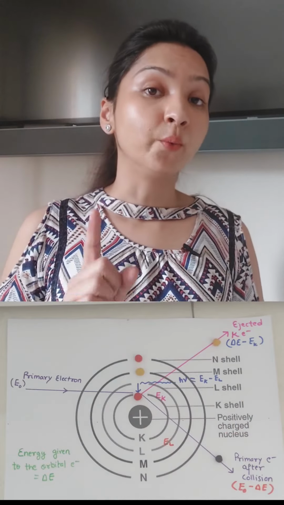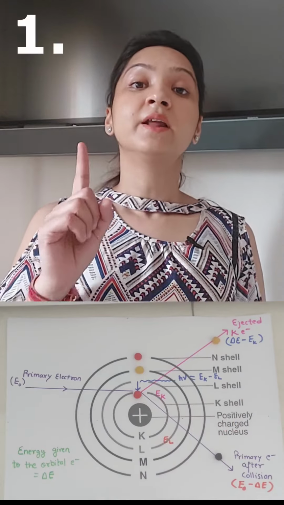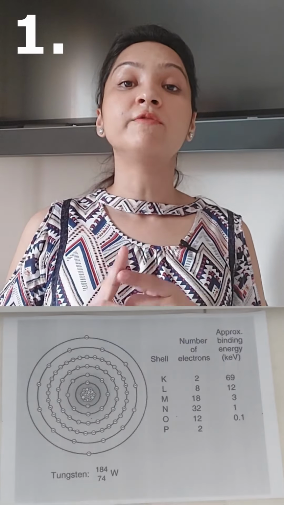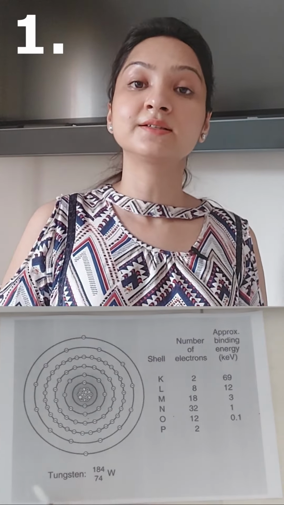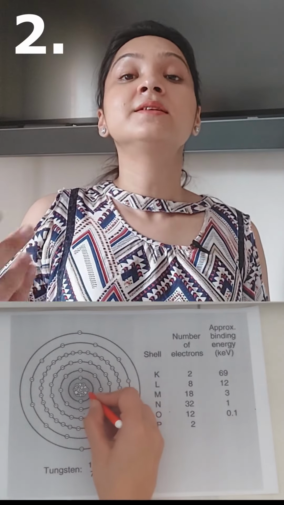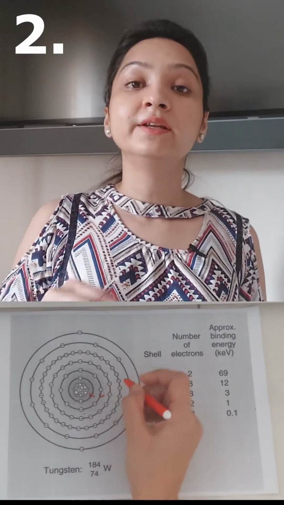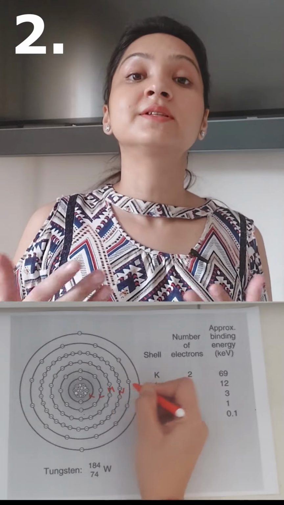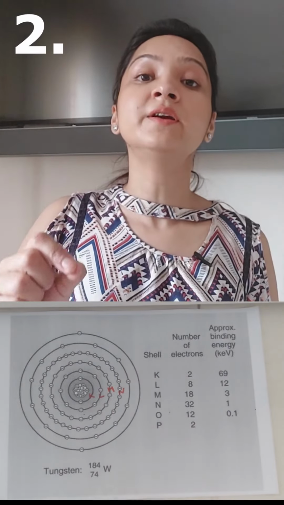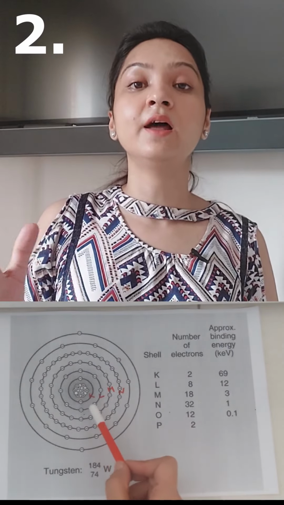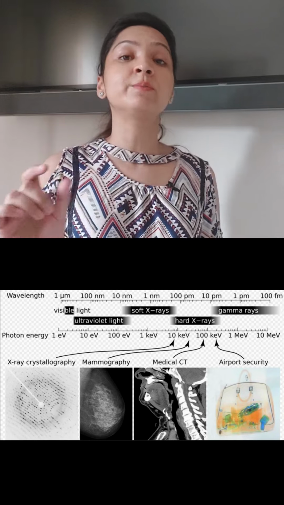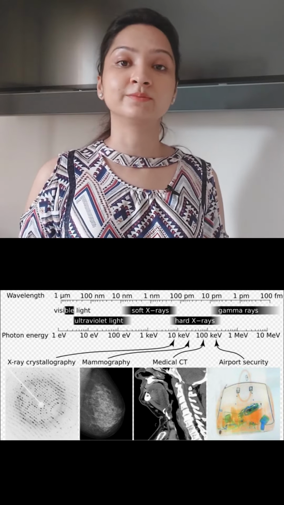Now listen to me very carefully. What happens is that, number one, if you use a target of higher atomic number such as tungsten, and number two, as these electronic transitions involve inner shells, that is, the electrons descend from higher levels to innermost shells such as K, L, M or N. If these two conditions are satisfied, then the characteristic radiations emitted are of high energies. How high? High enough that they can be considered in the X-ray part of the electromagnetic spectrum. So this is the